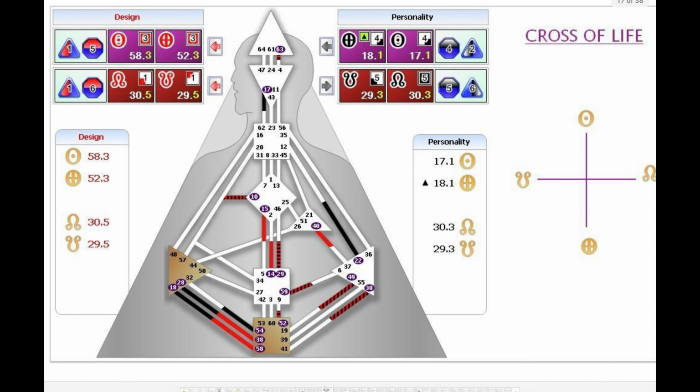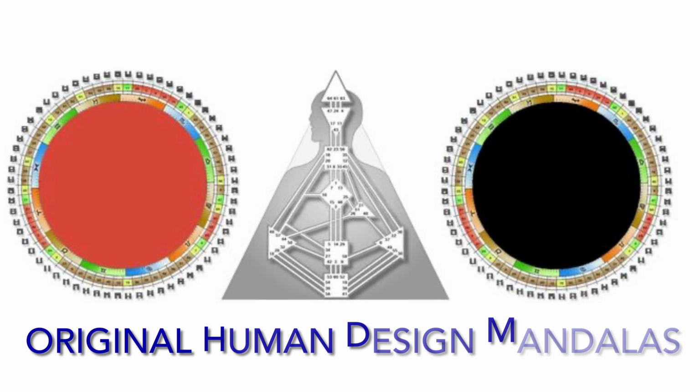With the nodes of human design, there are two sets. You have a personality side and you also have a design side. They're both considered part of your cross of life. So when we're just talking about the nodes, we're talking about the trajectory of your life, the environment that is best suited for you. There are 32 different polarities that you can have the nodes in,